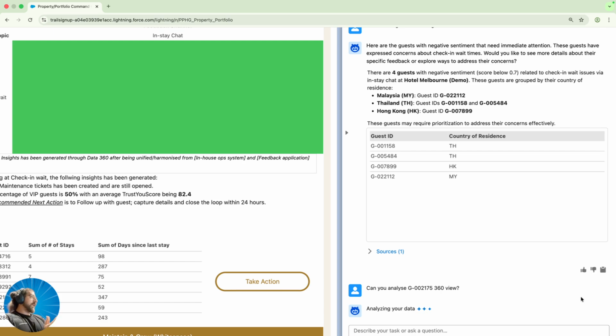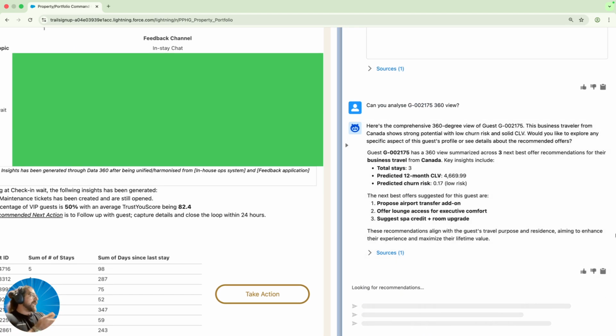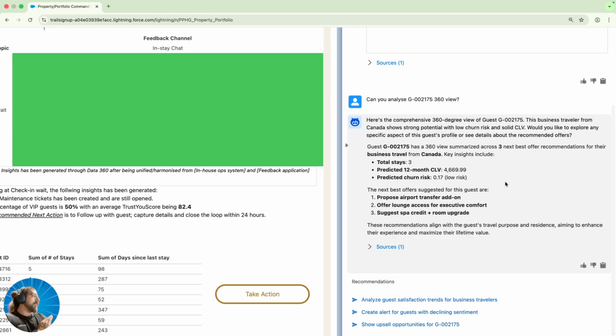So now I'm looking at an individual customer or an individual guest, apologies, and I can in here have a complete view about that guest. I can see what do they normally travel for, or what's the purpose of travel? So this is business travel. They're from Canada. They've stayed with us for 3 stays in total.